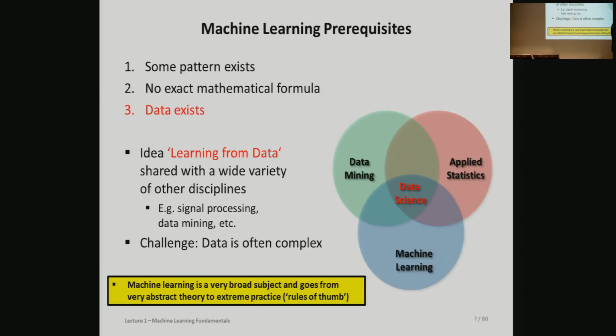And this is actually the point of having this diagram, where you think about today people talking about data science or machine learning or data mining. But in a way, applied statistics, you would see, all have an overlap, somewhere in what we these days call data science or data engineering. This is where lots of jobs are today, where you cannot really make a very strict boundary of saying, this is machine learning, that is data mining. Right? This boundary is very soft. You cannot really differentiate between both of them. The same goes with applied statistics topics. Many of them have huge overlaps with machine learning, with data mining.